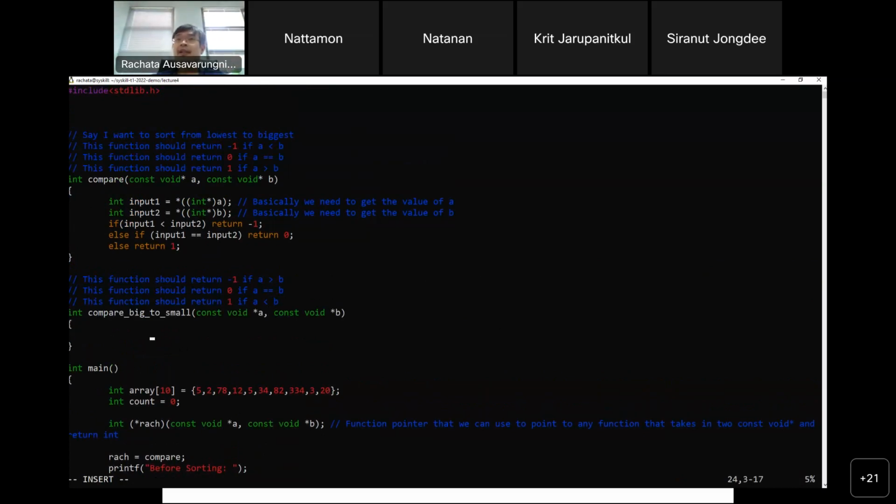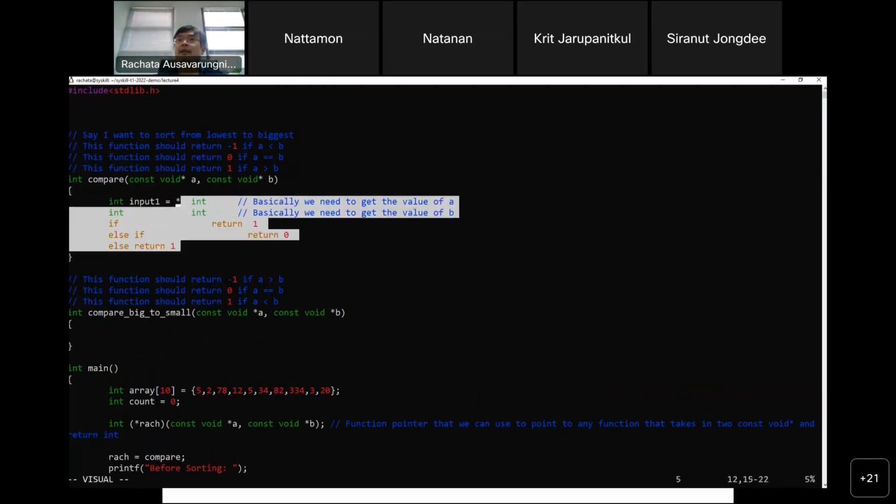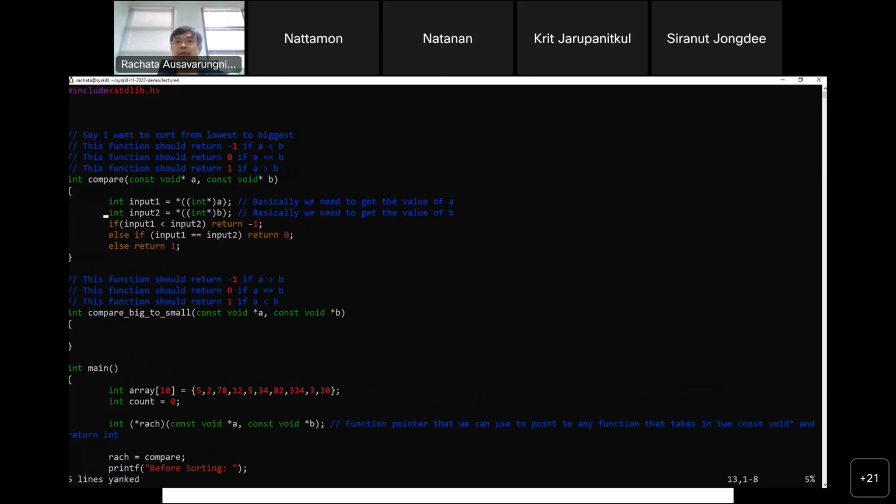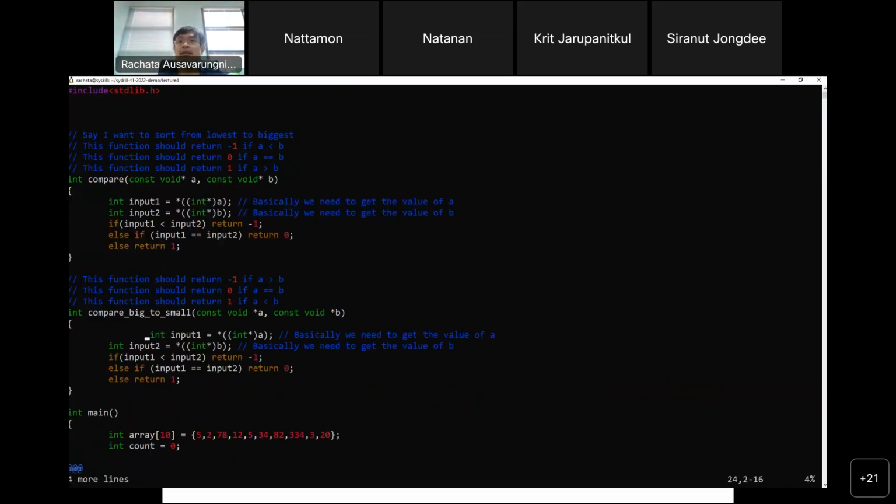To do this, everything here looks almost the same. I extract the value of input 1, I extract the value of input 2. What do I change here? I'll go back to your question quickly, but let's finish this part first. I want to sort from biggest to smallest, so over here, if it's greater than input 2, return -1.